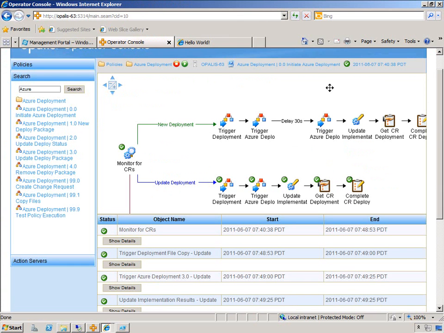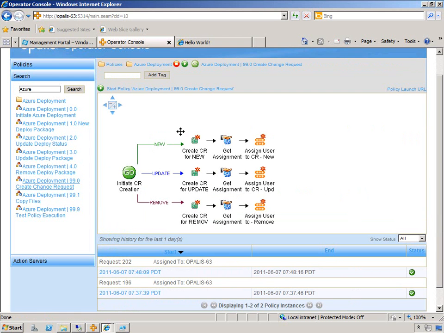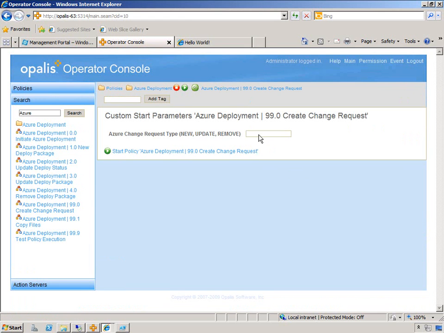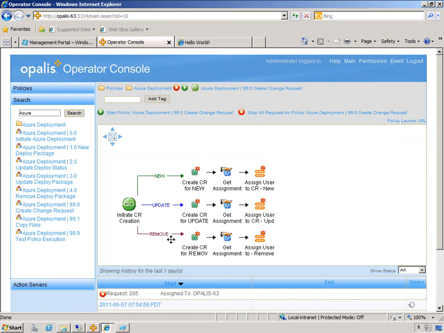And we're just going to go into the operator console. I know this is very short-lived, but that's all right. You can always bring it up again automatically. I'm going to click Start. This time, I'm going to do Remove. And what this is going to do is create a change request for the removal, auto-approve it and